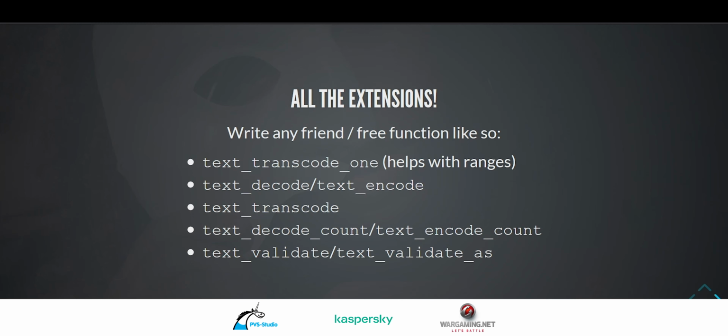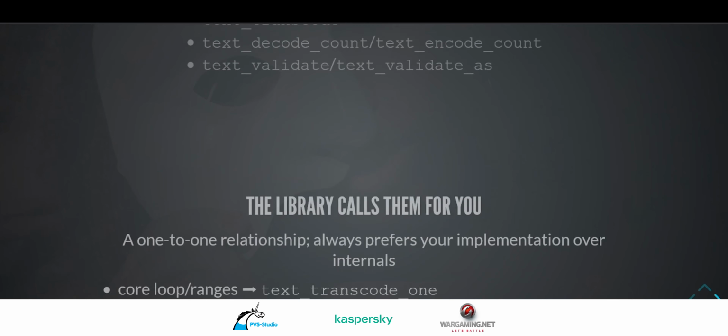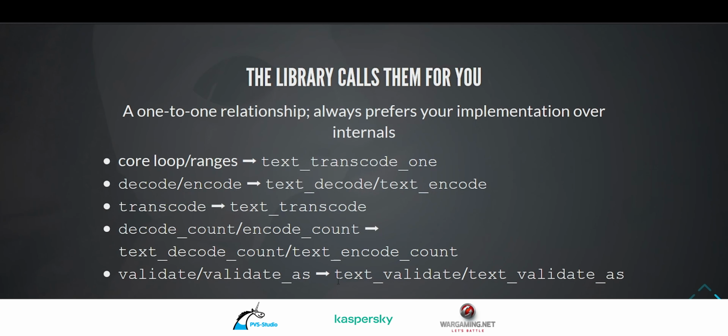And so as long as you care about the performance profile of any of these, you can override them and do the thing that you want to do. The library will obviously call them for you. So for any core loop or ranges that we write, we will call text transcode 1 if it's applicable. When you call the library function decode and encode, we will reach out and call your text decode and text encode function calls. Similarly for transcode, for decode count, for validate and validate as, we will always do that